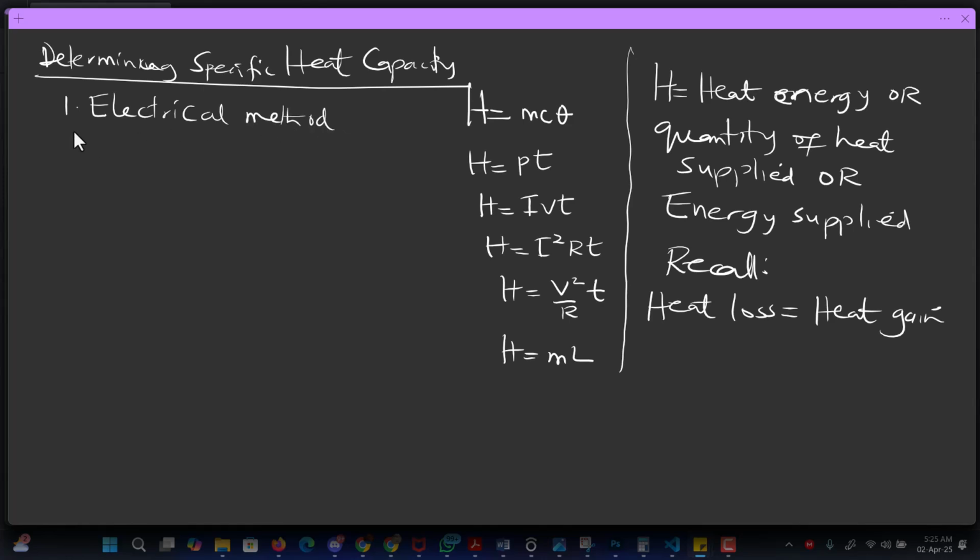And two, we have what we call the mixture method. So let me explain each of these methods. Let me start with what we call the electrical method. Now for the electrical method, for you to have this, what do you have in terms of this electrical